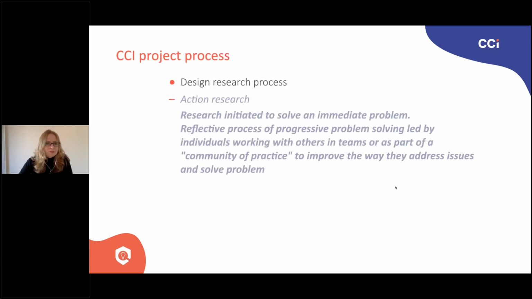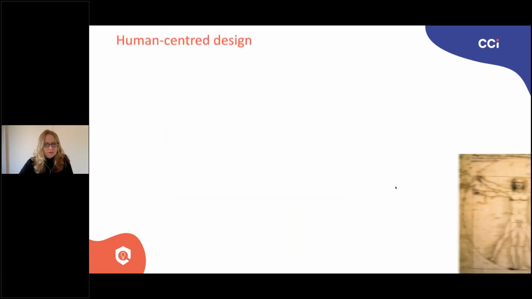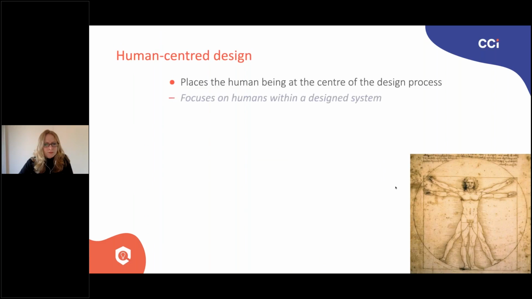So in order to do this, we undertook design research with our partner LEAs. We actually worked with them for them to undertake design research of their particular focus areas, and we then, using that research outcome, brought us all together as a sort of community of practice to address the different issues and to try and develop solutions. And this draws very much on human-centered design theory and practice.